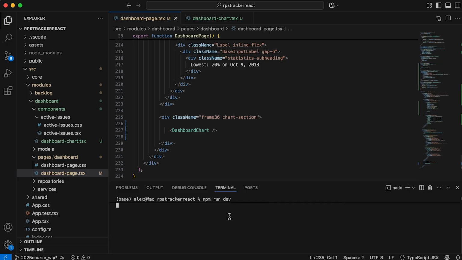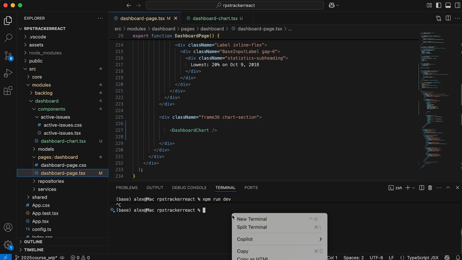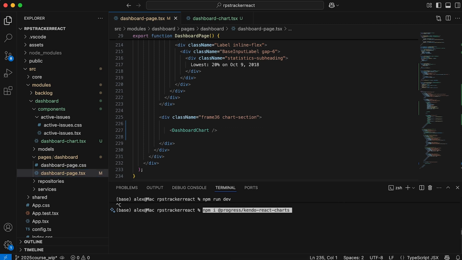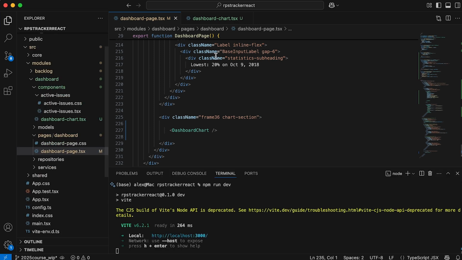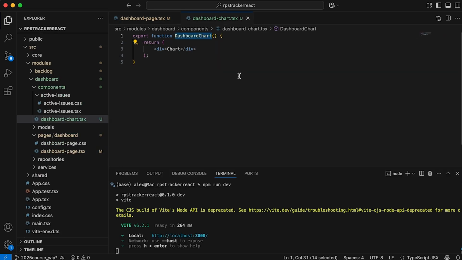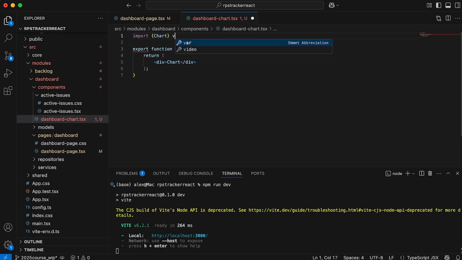And on the terminal, I'm going to terminate the currently running process and run the installation, just as we always have done. And when that's finished, run npm start to kick things off again. Great. Now that we have our chart packages installed, we can go back to the chart component and do our imports. So let's import